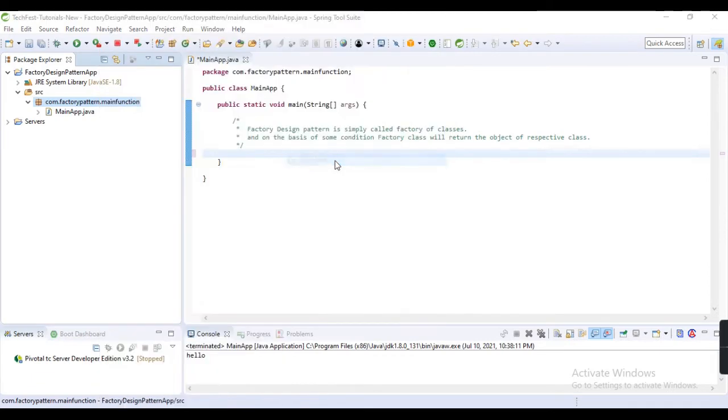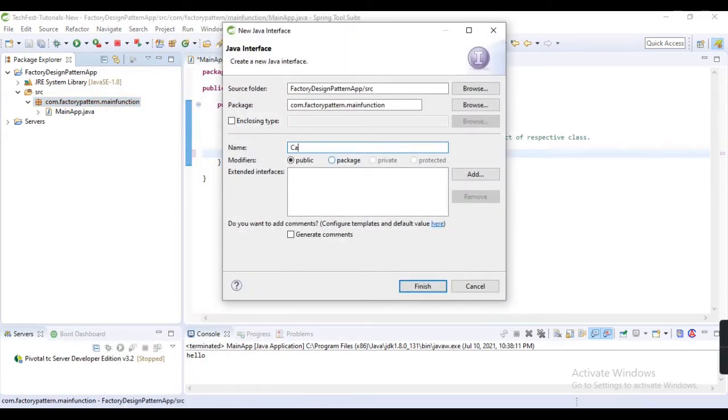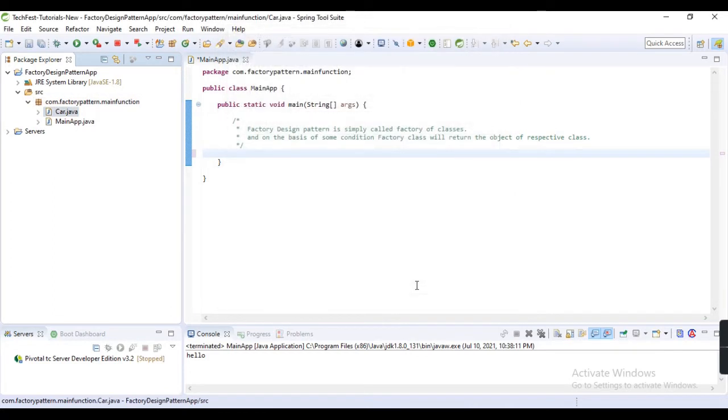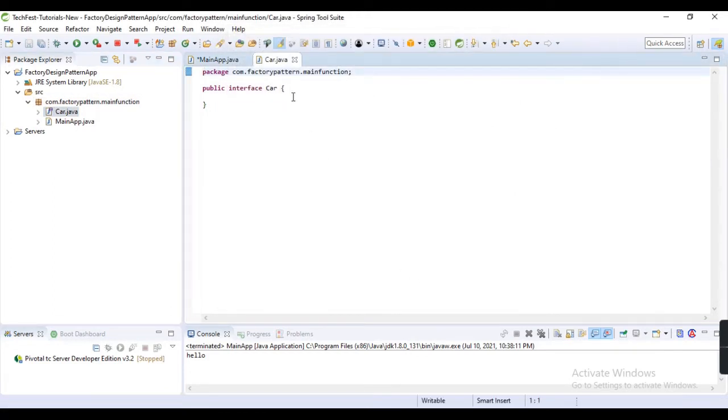I am going to create one interface called Car, and in this interface I define one method, getBrandName.